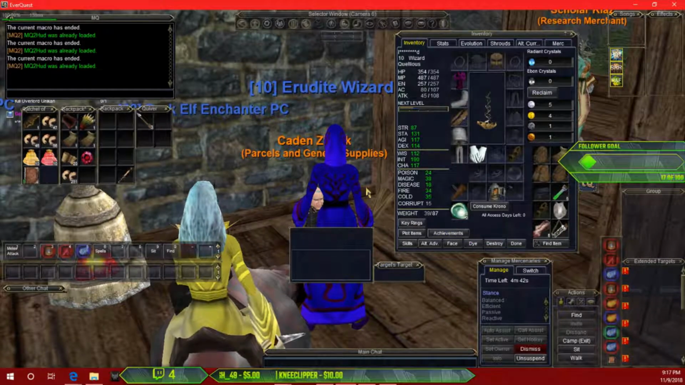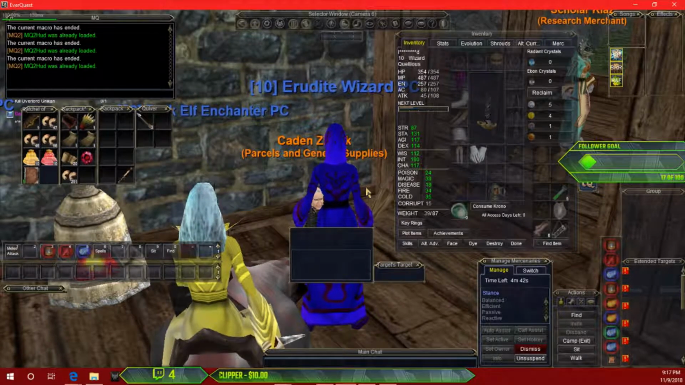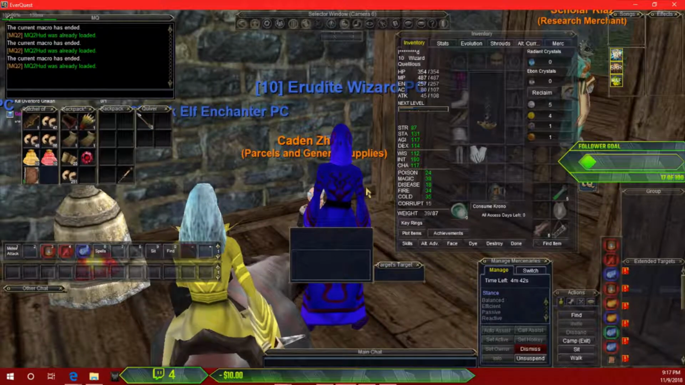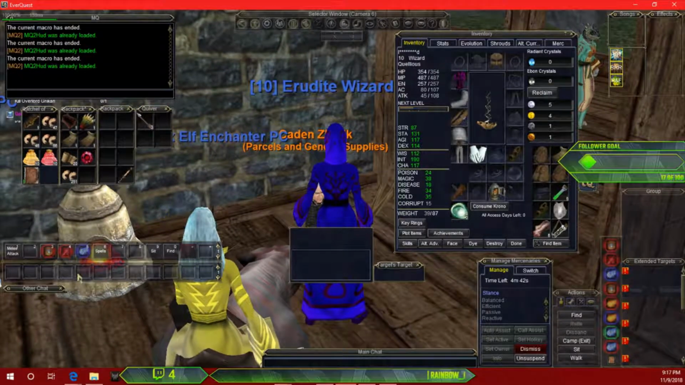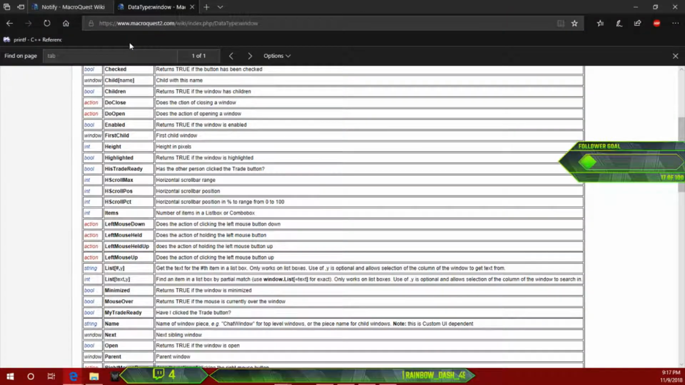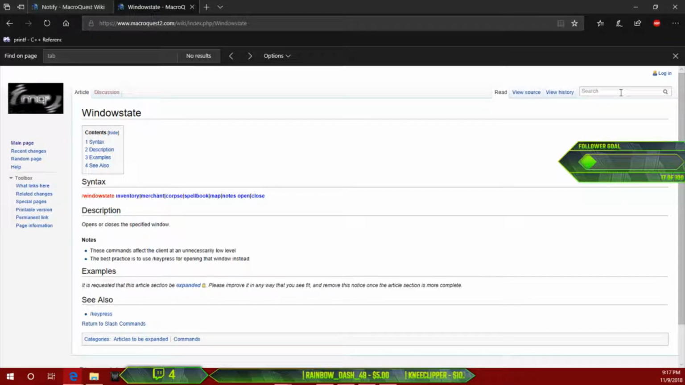And speaking of hitting I to open my inventory, something that I've noticed is that a lot of people change their hotkeys. I am no exception to that, and because of that, I've actually started using something called /windowstate. And we can go into the wiki here. Now it's not necessarily super efficient or anything, but the thing about that is it's hard to be efficient when you're creating something that somebody else is going to use because you just don't have enough information to know